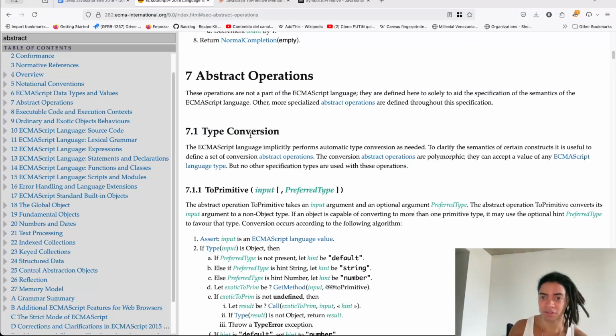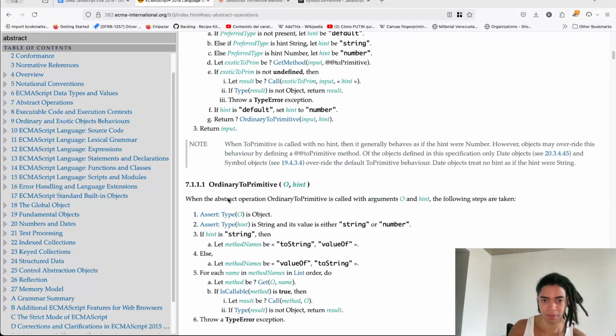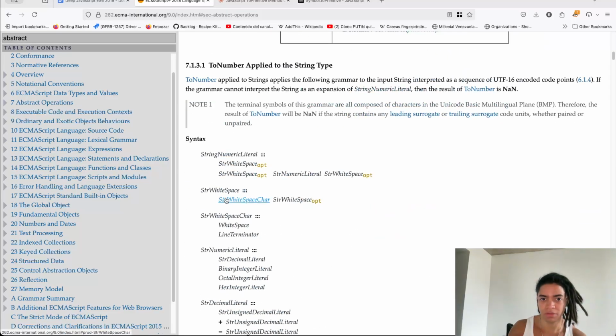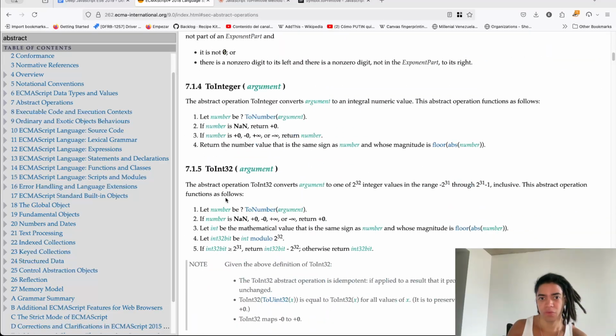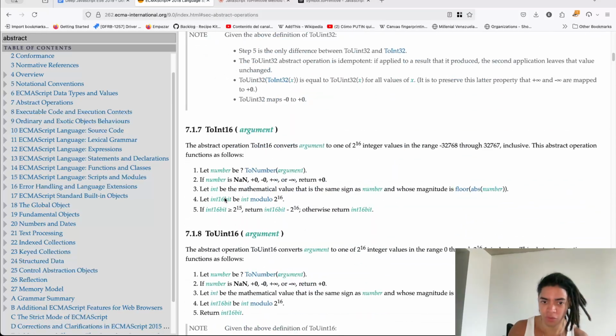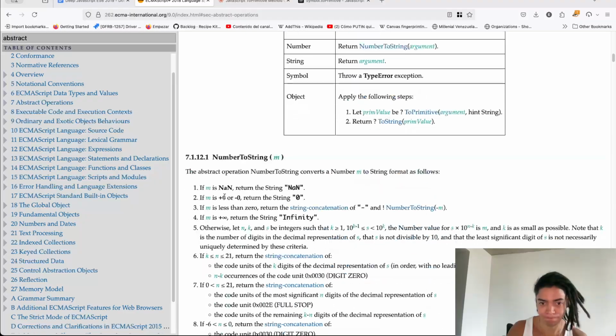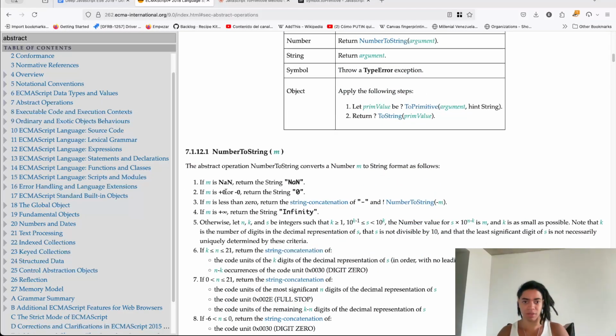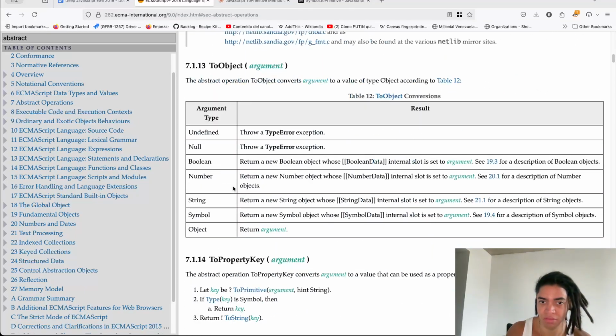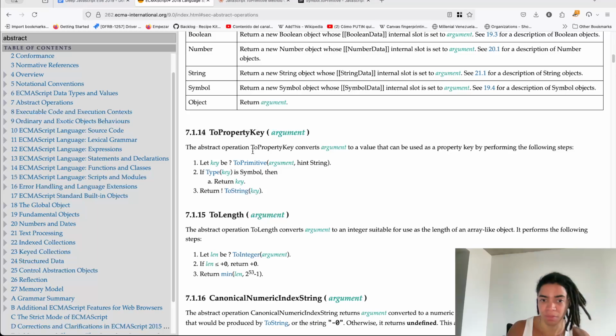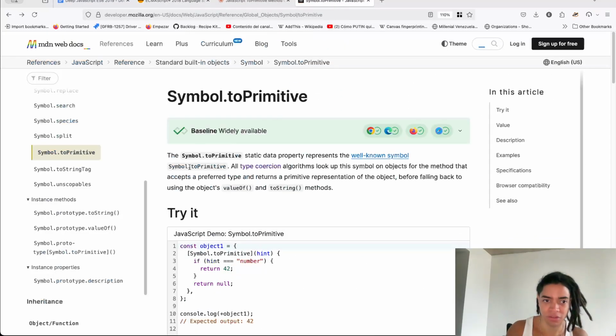The abstract operations, okay, the type conversions is toPrimitive, toBoolean, toNumber, toInteger, toInt32, toUint32, you know, all of these abstract operations. Number to string is another one, right? And also toObject operations, which is the actual operation to convert arguments to a value of type object, as it is, toPropertyKey. So all of these abstract operations